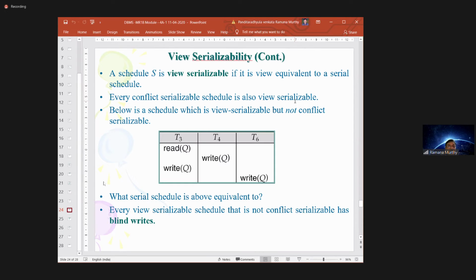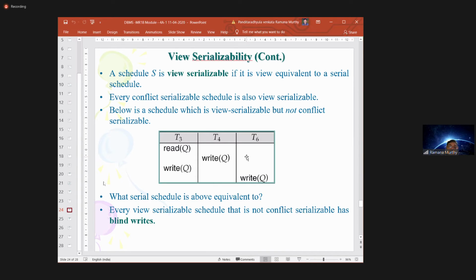Every conflict serializable schedule is also view serializable by default. A schedule S is view serializable if it is view equivalent to a serial schedule. Okay, by default we are having certain rules. By default a schedule S is view serializable if it is view equivalent to a serial schedule, one after one. If it is one after one, automatically whoever is reading first, that transaction will read first. Whoever is modifying the last, that transaction is modifying the last. Automatically, whatever the value it is reading, other is reading that particular thing. So every conflict serializable is also view serializable.